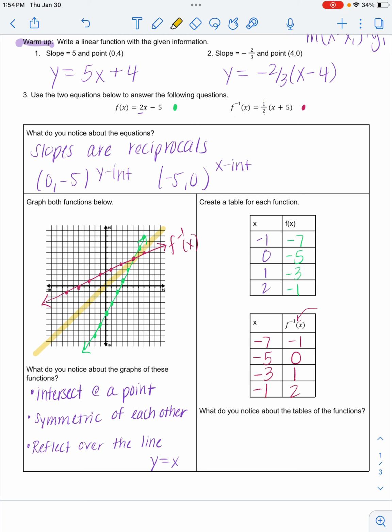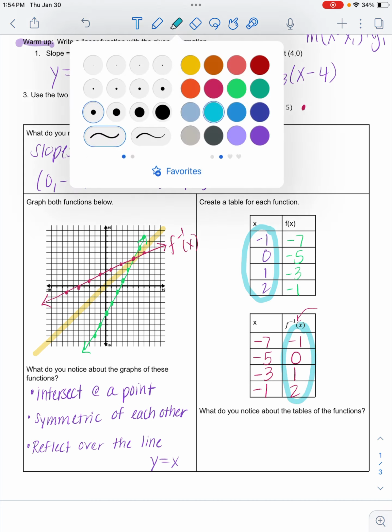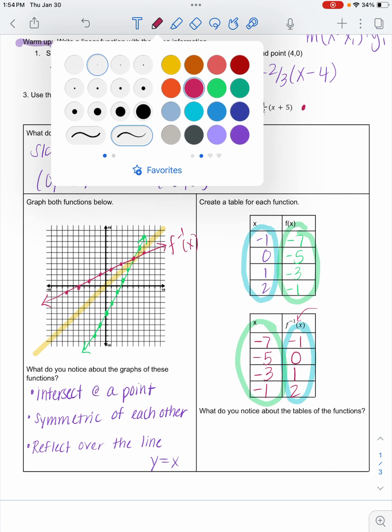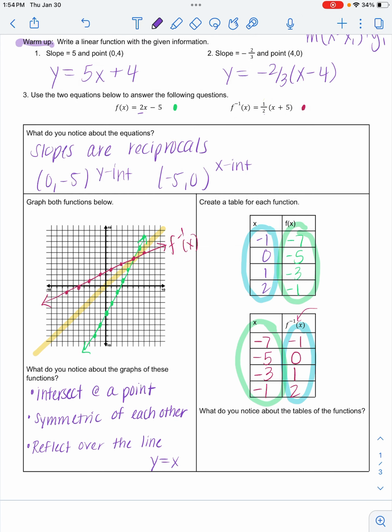And I'm hoping that even if you didn't see it on your paper, you're starting to now see it. That the x values become the y values in the other equation, and the y values became the x values in the other equation. So what's happening is that these points are being flipped, they're being inverted. So x and y values are switched. So these things you may have not seen on your own, and that's okay, but I'm hoping that you can